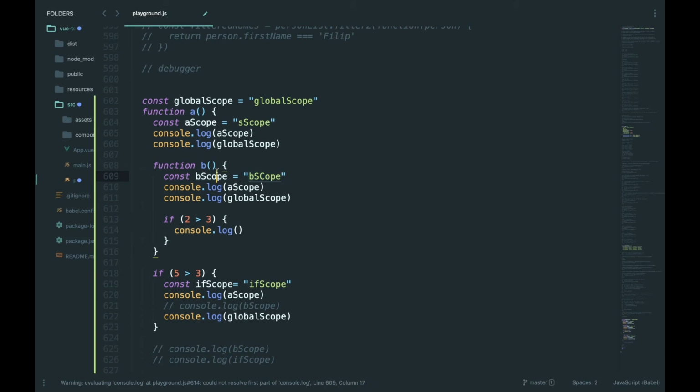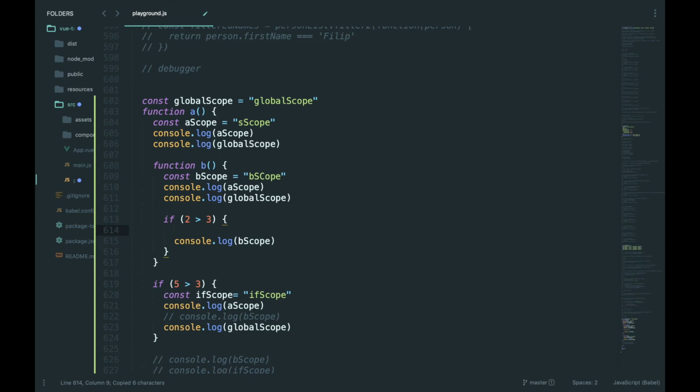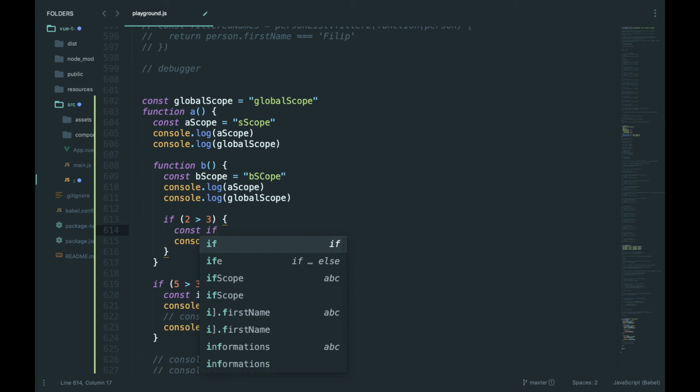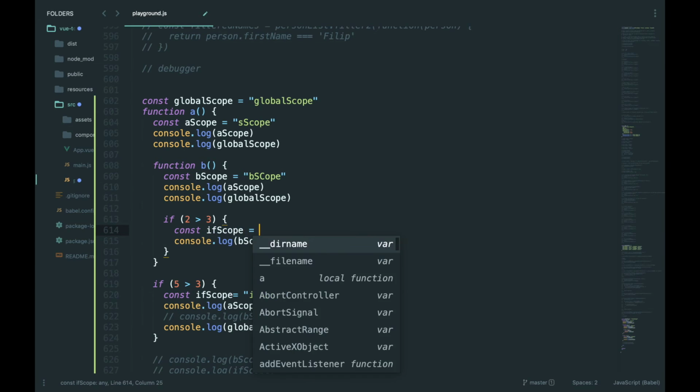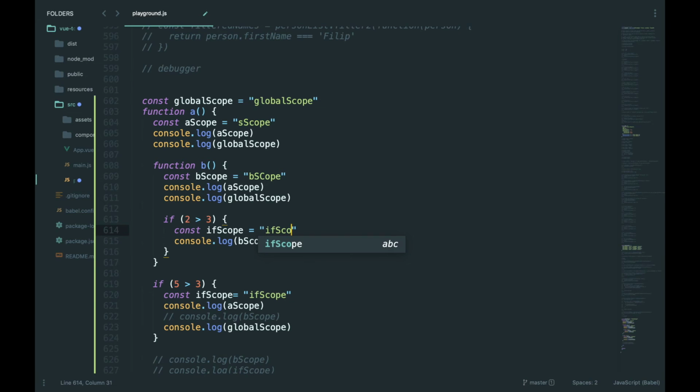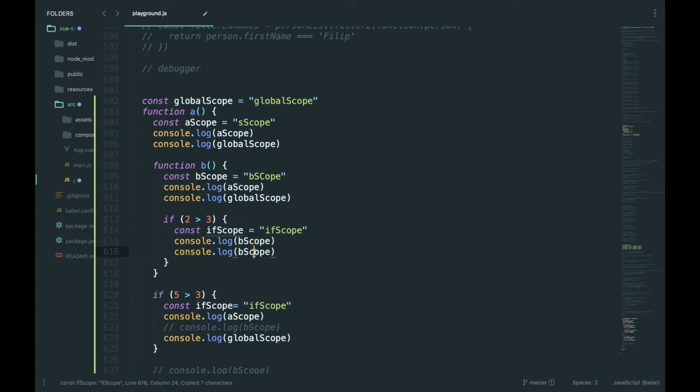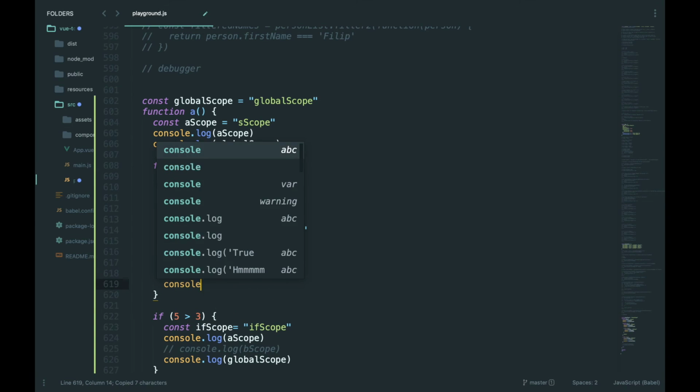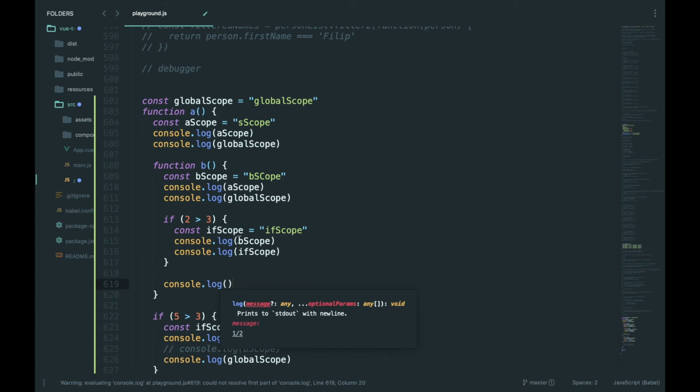our B scope. So I'll console log out here this B scope, and I will declare here new variables. So let's say const if scope, all right, and then let's say this will be if scope. I will try to console log out here, that's without any problems, but when I will try to console log out if scope outside of the if block, so let's say console log here, my if scope,